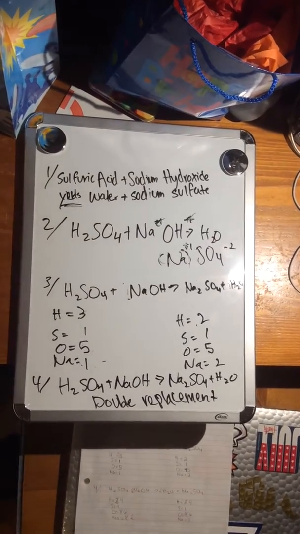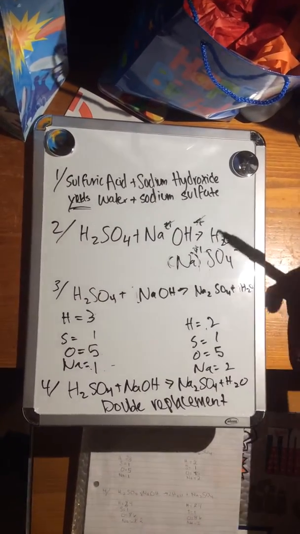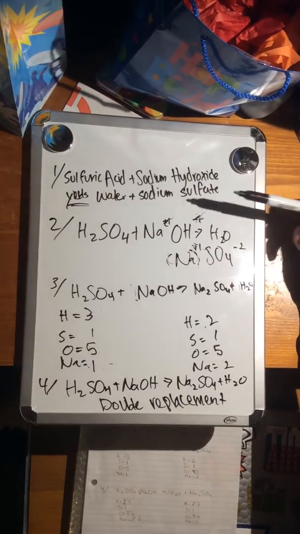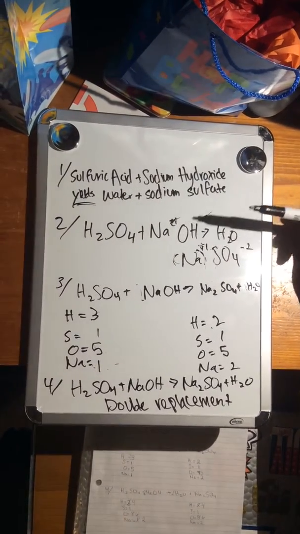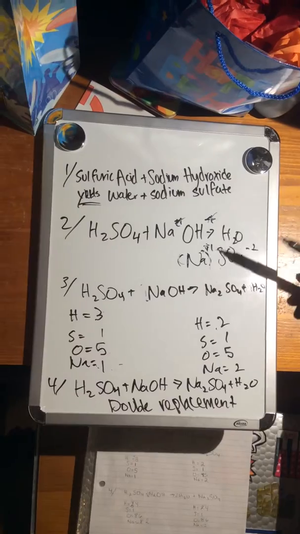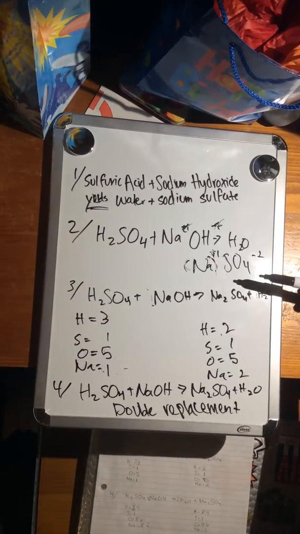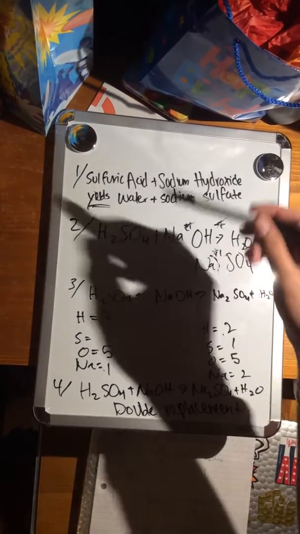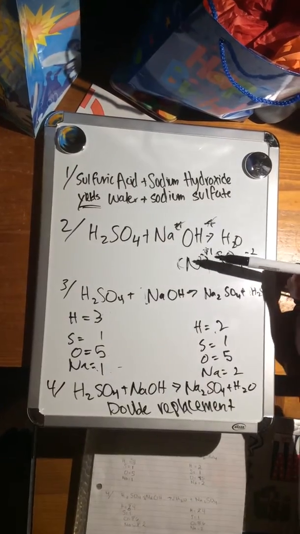Okay, today I'm going to explain how to balance chemical equations. So we have a word problem. Sulfuric acid plus sodium hydroxide yields water plus sodium sulfate. And basically we want to convert this to the actual formula, which is H2SO4 for sulfuric acid, NaOH for sodium